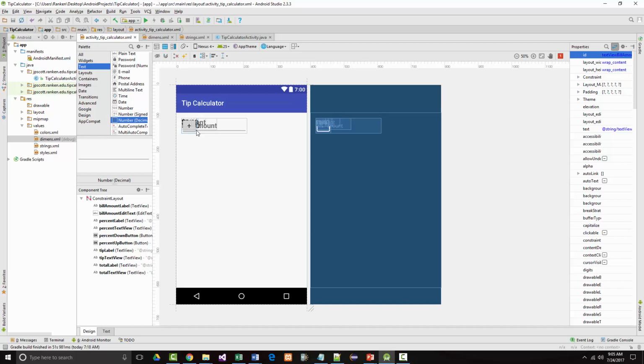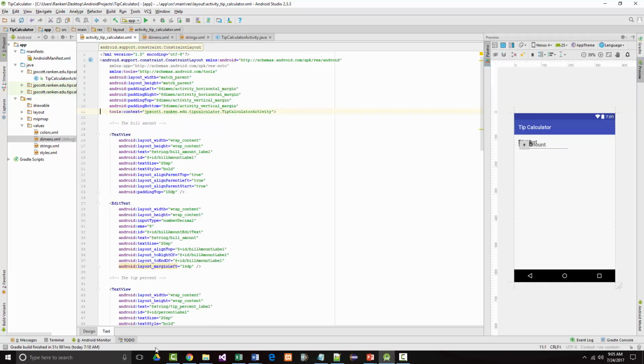So, in your book, in Figure 2.9 on pages 49, 50, and 51, they show the XML for the user interface. That's the code, again, that's in the activity tip calculator.xml file, but that's this code here. Most of this code was generated when we used the graphical editor to go and add our components, but you can also edit this file whenever you want, and that's an example of what I did. At the beginning,